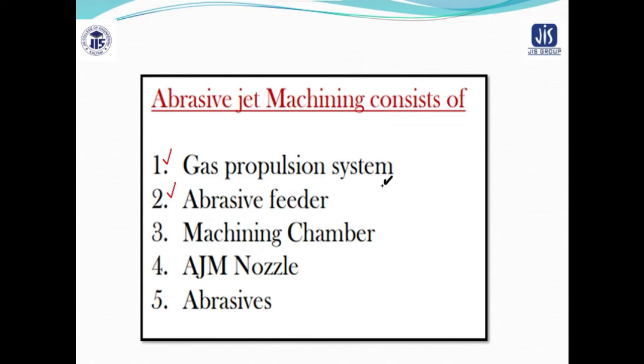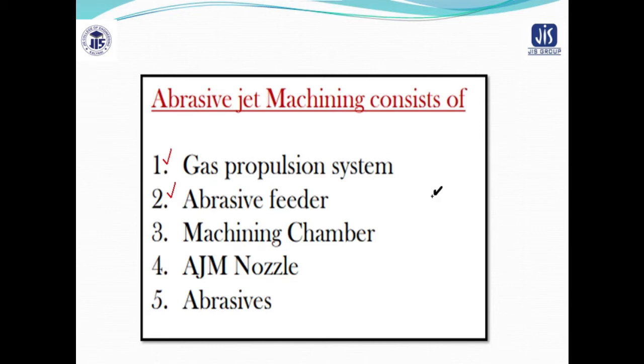As I have already told, the mixing is controlled with the help of the amplitude of the vibration of the sieve. The particles are propelled by a carrier gas to the mixing chamber, as I have shown you in the figure. The air abrasive mixture moves further to the nozzle. The nozzle imparts high velocity to the mixture, which is directed at the workpiece surface. Is that clear to all of you?